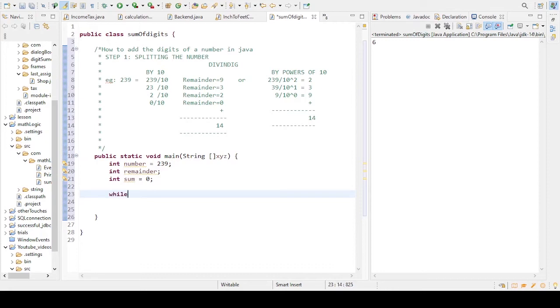While the number is greater than 0, this sets a limit, so whatever operation we do under this loop will happen provided that the number is greater than 0. Once the number becomes equal to 0, the loop stops and the division will stop. Then I'm going to set the remainder variable equal to